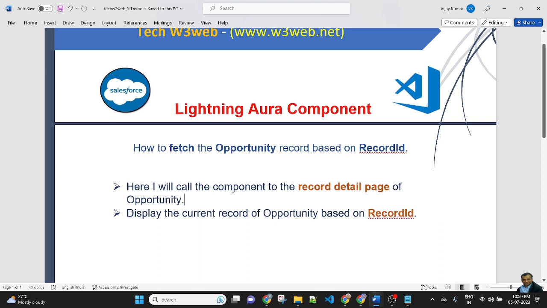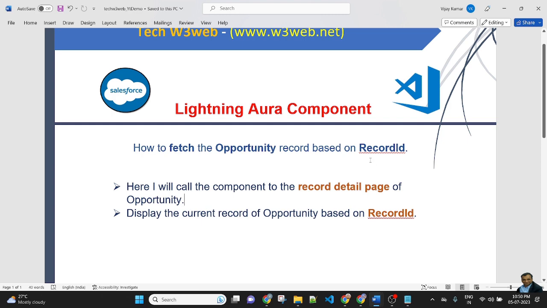Here I will call the component on the record detail page of opportunity, and we will display the current record of opportunity based on the record ID. Last lesson, we called the component in the custom application. In this lesson, we will call this component on the record detail page of opportunity.